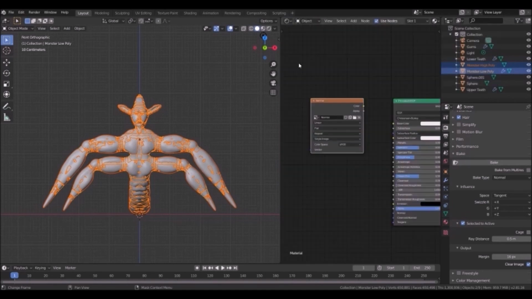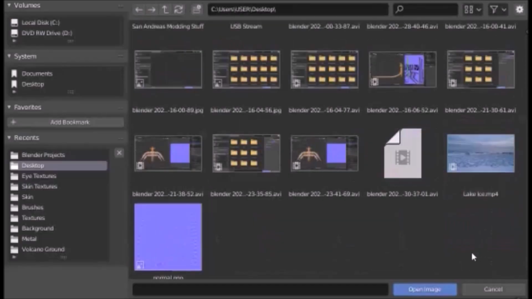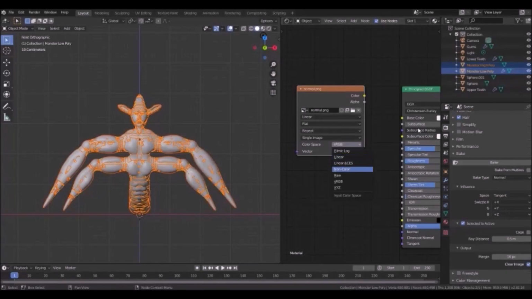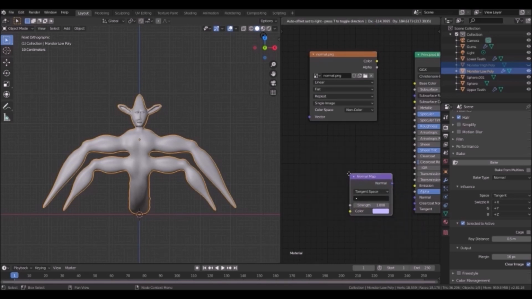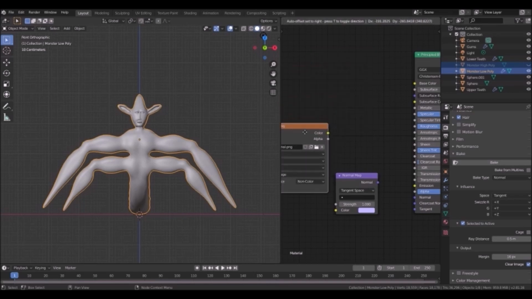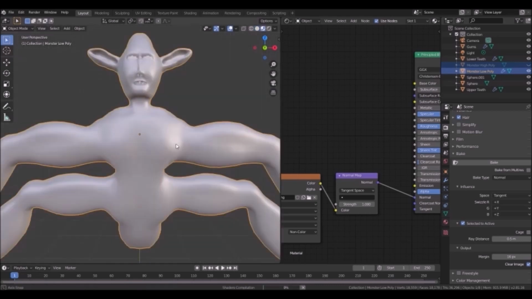Okay, so I have created a... images together. It's workable. I can hide the high quality version for now. I could probably delete it if I wanted to. I'm not going to use it again. Normal map. Keep it on tangent space. Move this here. And now, if it loads,